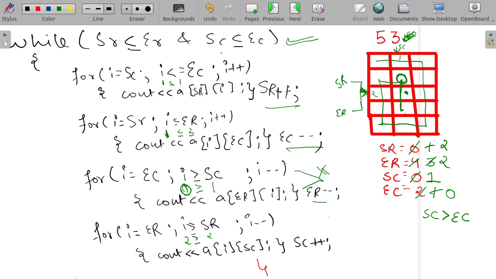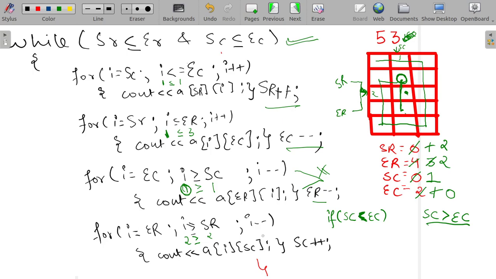So we may write if start column is less than, oh sorry, less than end column, only then this loop does work, right? Because as we have seen earlier, this loop didn't work because this condition was true, in which start column became greater than end column. So we may write this condition that start column is less than end column, only then, sorry, this loop will work and it will print our output, right?